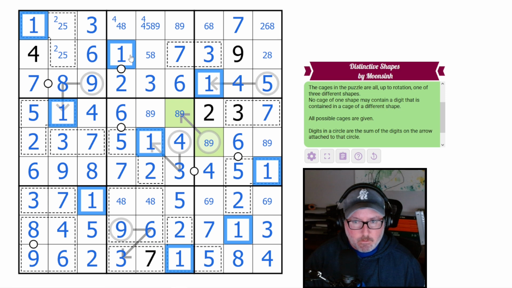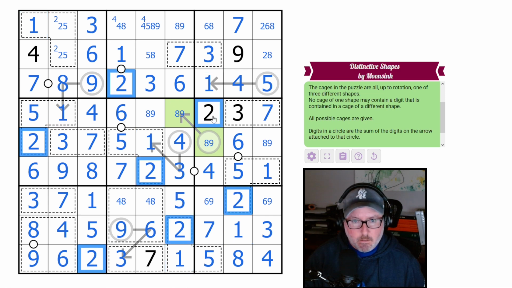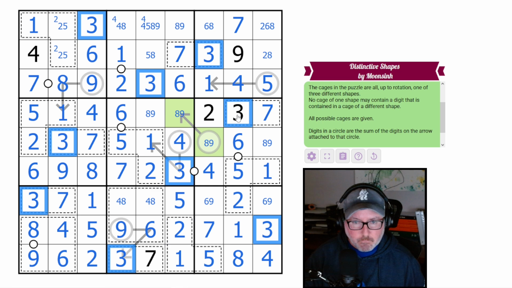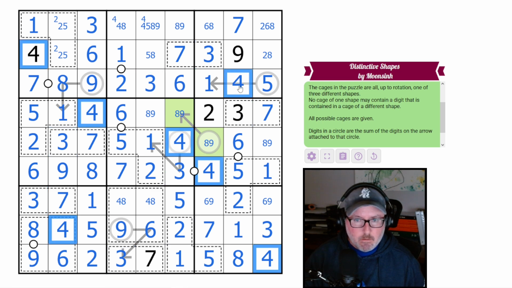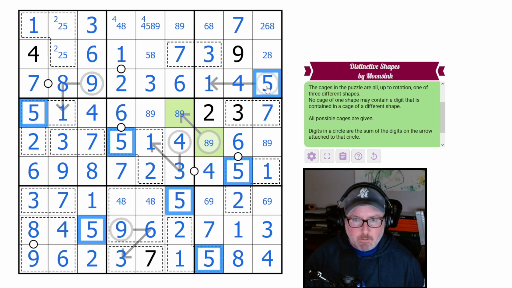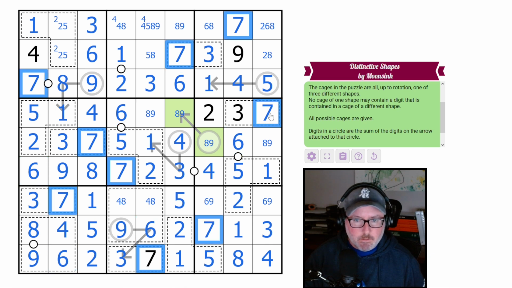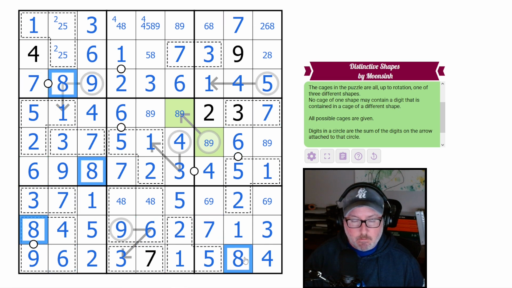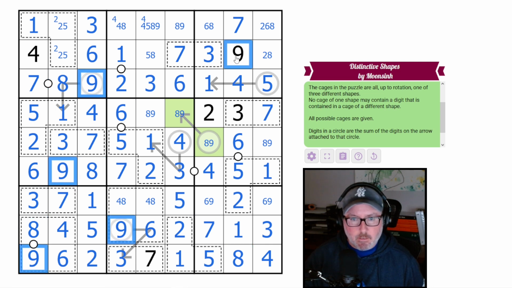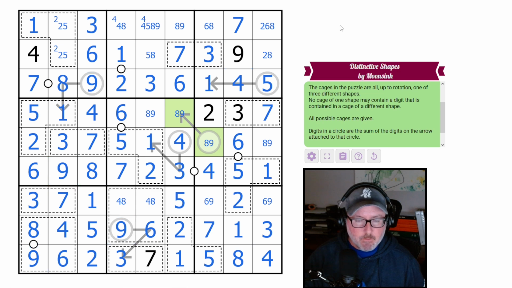Let's look into Sudoku here. 1s are all done. 2s are almost done. 3s are done. 4s are almost done. Yeah, 5s. Similar, almost. 6s, almost. 7s are done. Good. 8s have a little bit more work to do. And 9s are going to be the same. A little bit more work to do. Okay. So we're going to have to figure out